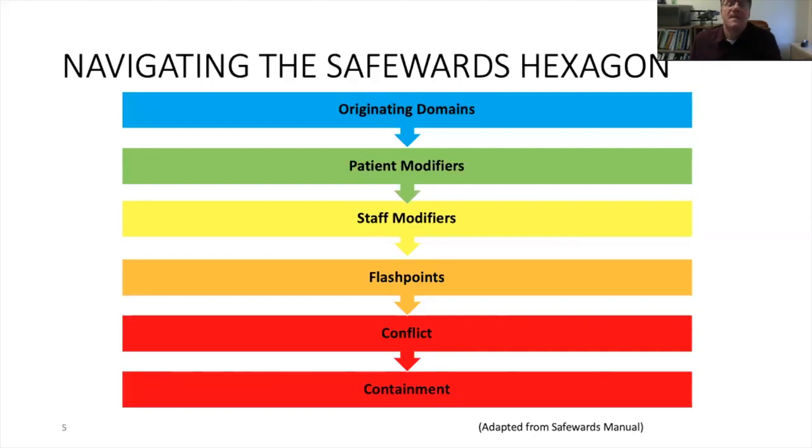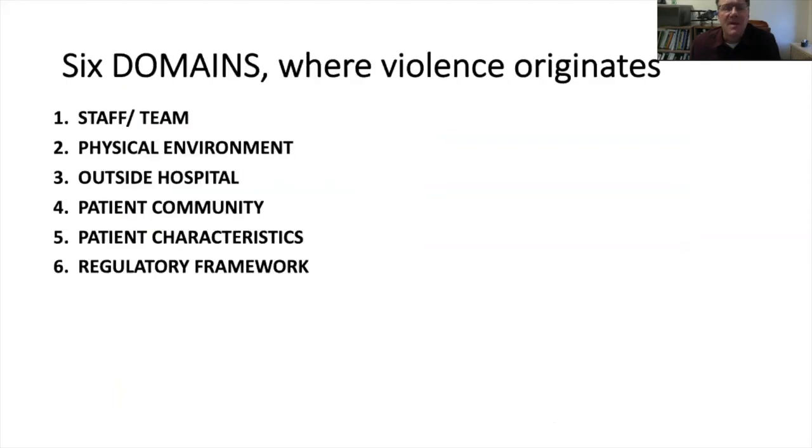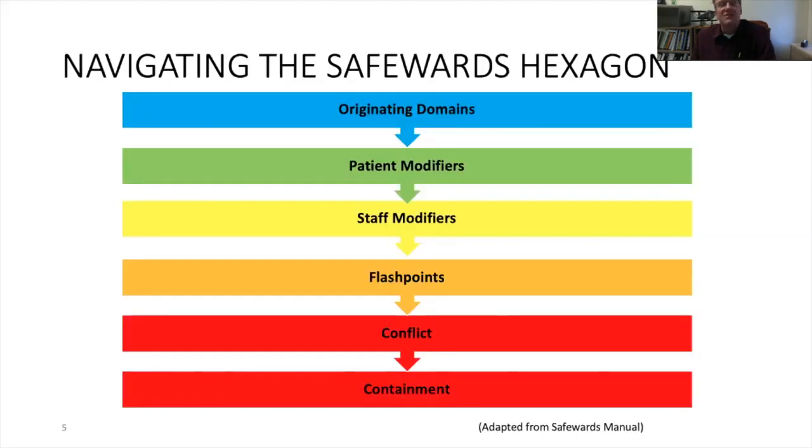So this model is going to be organized in what's called a hexagon, a 6-sided model. And so what we did is we color-coded the various components of the model so that we could try to simplify it. It can be kind of complex. So here's the color coding we're going to use. Before we get there, I want to break down the 6 domains, which is the blue part here, the originating